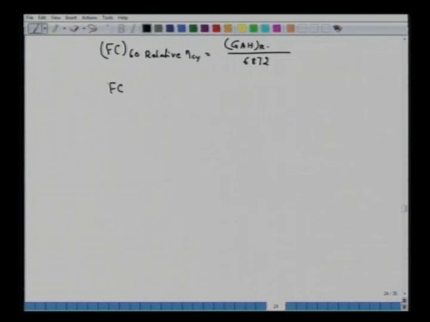And fuel consumption for 80% relative efficiency will be equal to the same gross heat available requirement upon